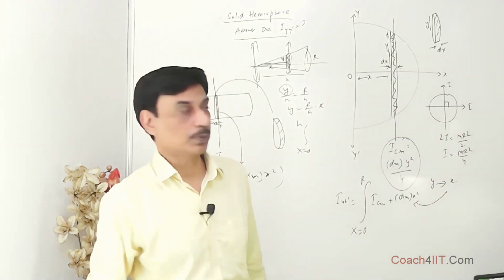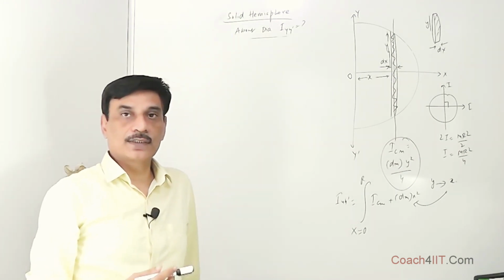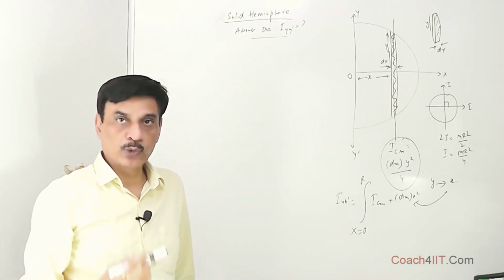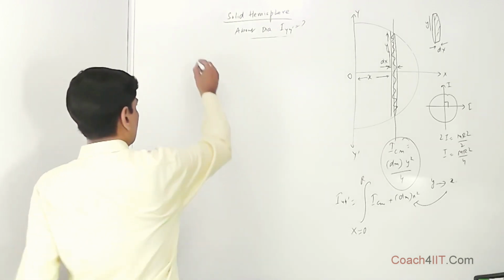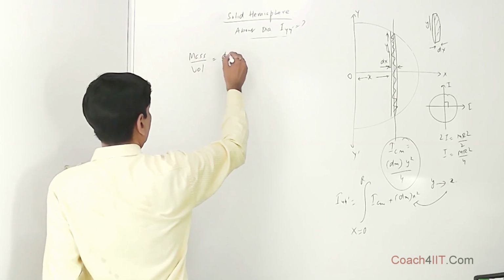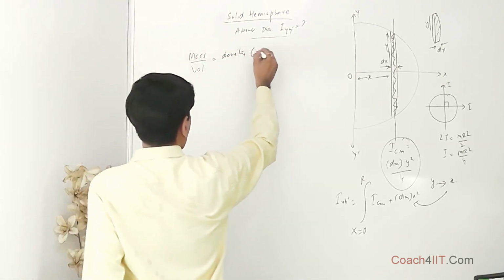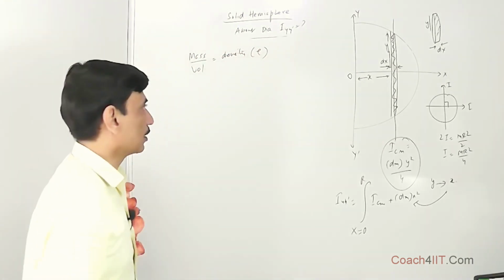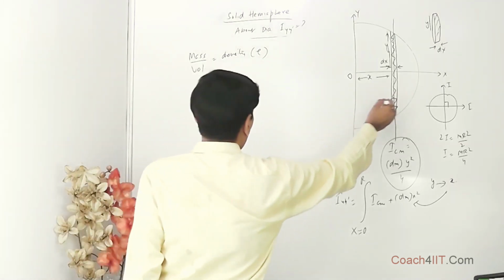This is generally how we approach. As we have done earlier, we find the mass per unit volume, that is density: mass upon volume is equal to density, rho. So this is constant for a body. Then we find the volume of this